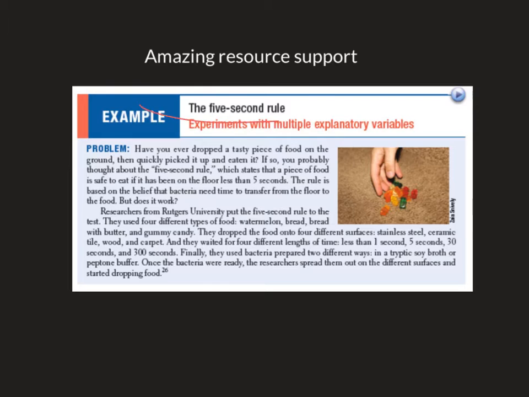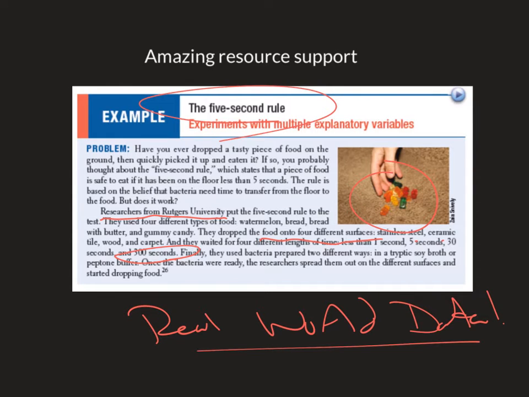So the 5-second rule. Everybody knows about the 5-second rule, right? If you drop some food on the floor, you got 5 seconds. And so what happened? Well, we can explore this and we can look at some stuff from researchers from Rutgers University. What they did, they dropped food onto different surfaces: stainless steel, ceramic, tile, wood, carpet, right? They waited for 300 seconds and then they saw what's going on with what's on this stuff. Real world data. Everything we do is real world data.